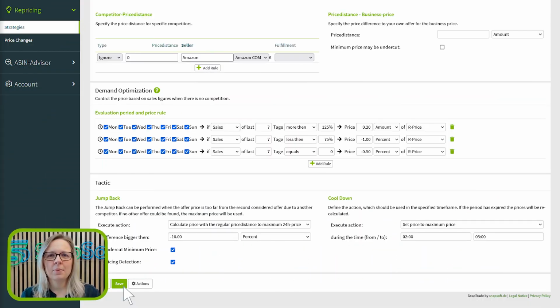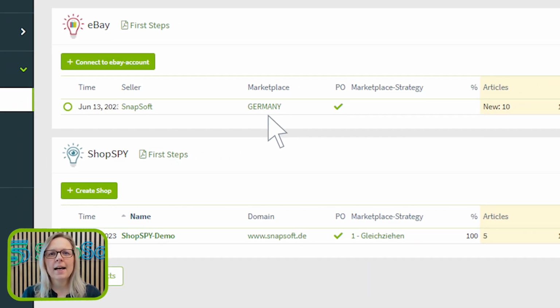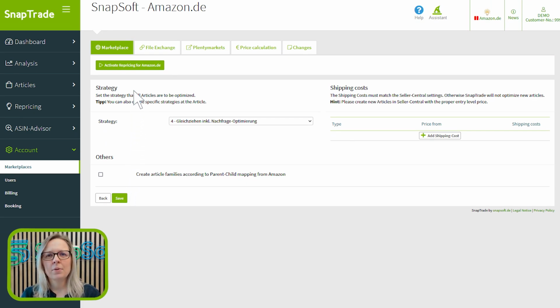I would recommend setting up a general strategy for all of your items listed on the Marketplace platform. To perform this action, kindly navigate to Access. Opt for Marketplaces, select your Amazon Marketplace, and save the preferred Marketplace strategy in that location. Certainly, individual strategies can be assigned directly to each and every item in question. The strategies that are attached to this particular item take precedence over the general strategy that applies to the entire marketplace. If you have carefully completed the previous steps, you can activate the price optimization.